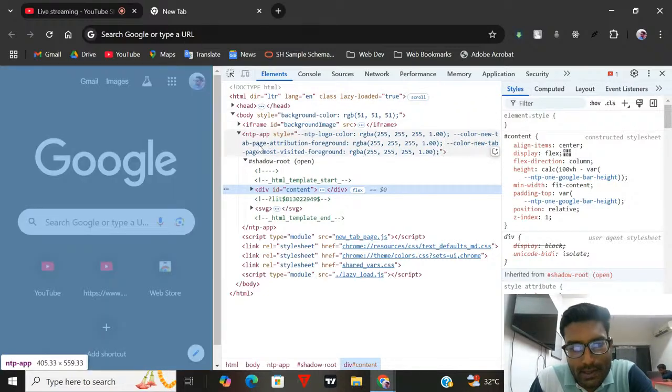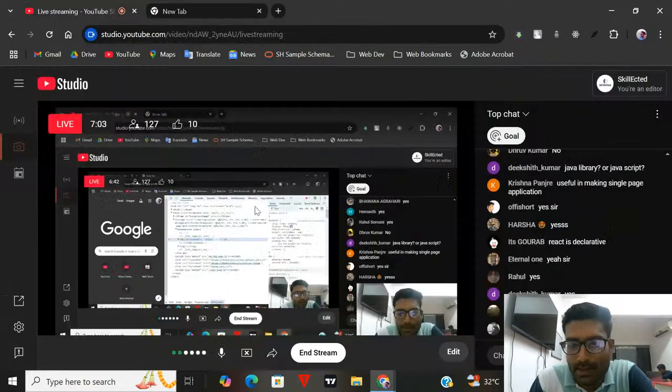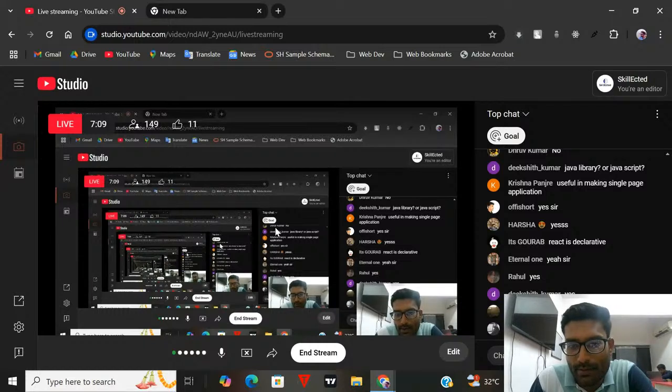In vanilla JavaScript, we change everything inside this DOM. In React, we don't manipulate or change anything. Changes are done automatically by React by detecting what things you're updating on this DOM.